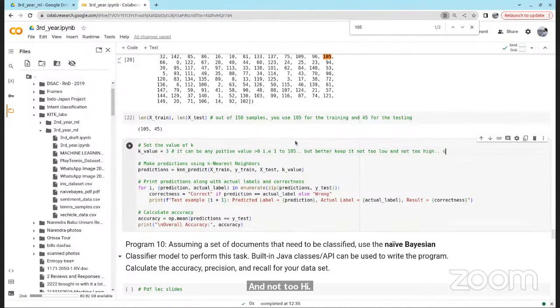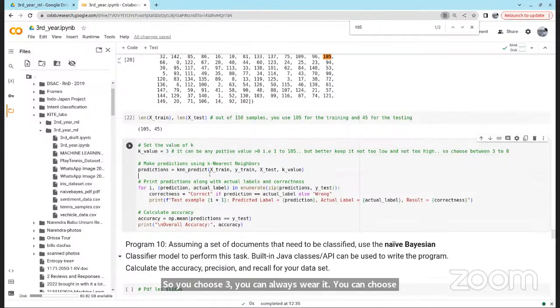So choose between 3 to, like, some 8 or something. So yeah, that's the usual rule. It shouldn't be very low, it shouldn't be very high. So you choose 3, you can always vary it. You can choose 5 also.